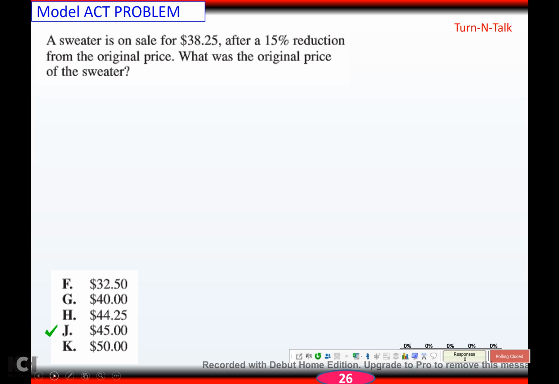And hopefully you got shape. Alright, it says a sweater is on sale for $38.25 after a 15% reduction from the original price. What was the original price? Well, I don't know. But if there was a sale, whatever the original price was, I'm going to take away 15% of that price. Okay, and remember, of means multiply. So it's going to be the original price, take away 15% of that price, and that's got to come out to the sale price, which is